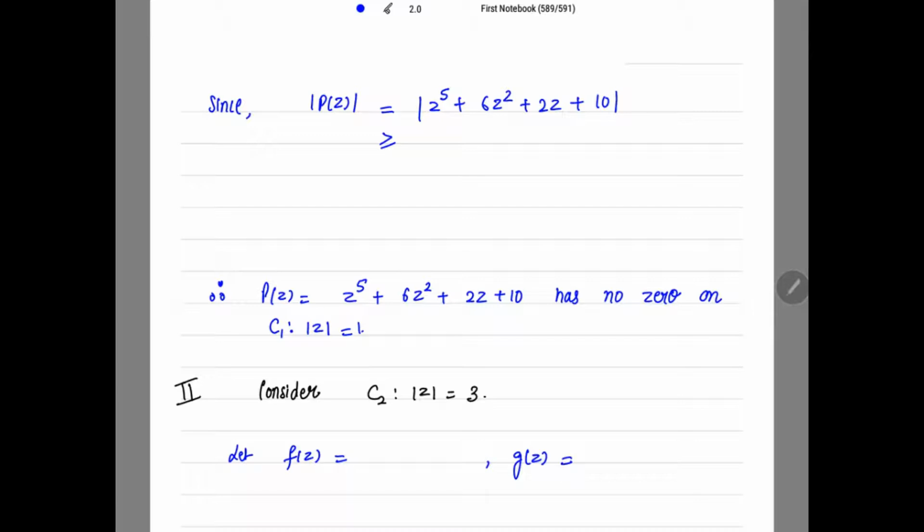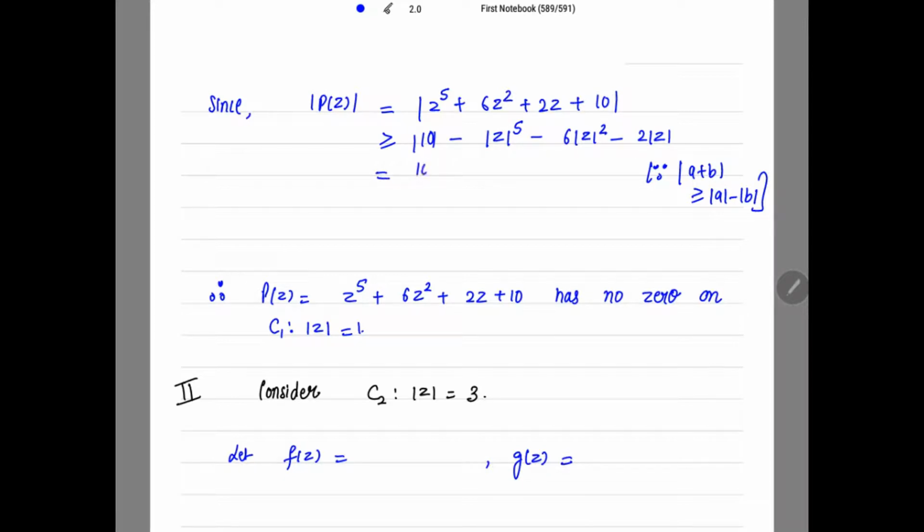So this is greater than or equal to, I take this first 10, mod 10 minus mod z to the power 5 minus 6 mod z square minus 2 mod z. So this mod of Pz is greater than or equal to this thing. In brackets I am mentioning that mod of a plus b is greater than or equal to mod a minus mod b. So you can start from 10 also. Mod 10 minus mod z to the power 5 minus 6 mod z square minus 2 mod z, which is equal